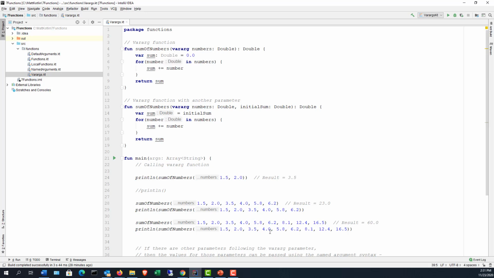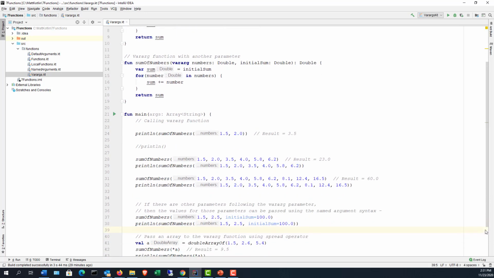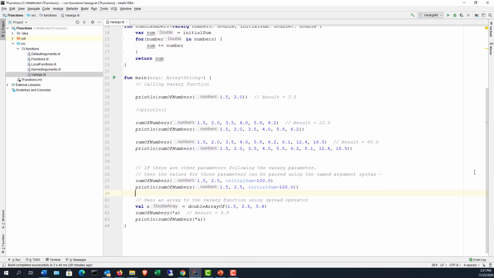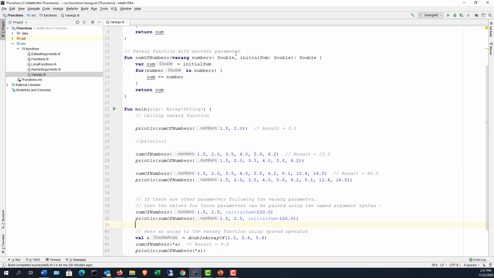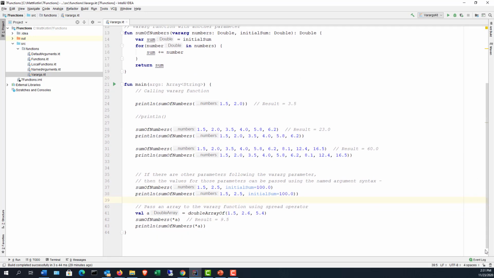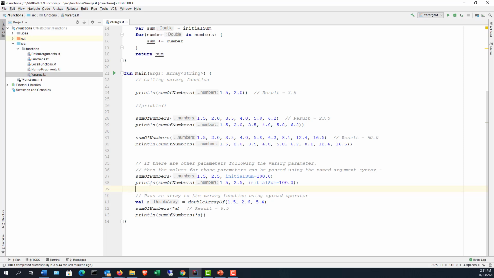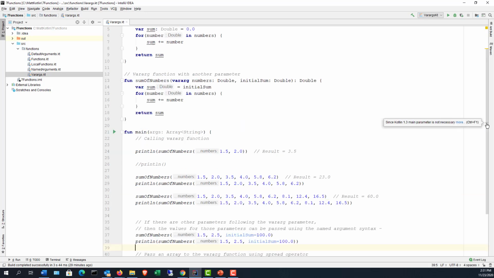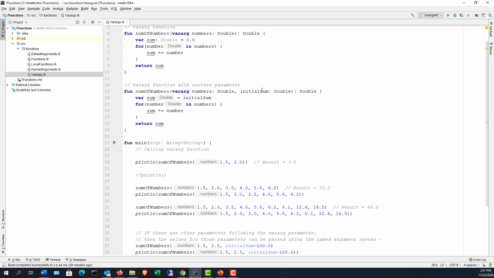If we are passing numbers and we are adding another initialSum, then we are going to call the other function. We can see here with initialSum. So if we go down here, we can see that sumOfNumbers is called with numbers, and in this case it's 2, but then we see initialSum called. So that would call our overloaded function, and it would call this one because of the way that the